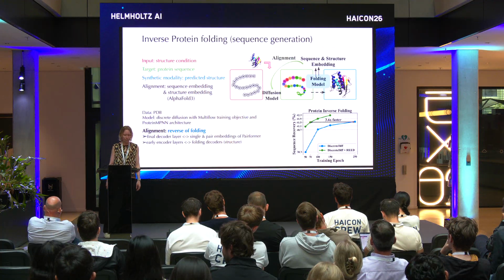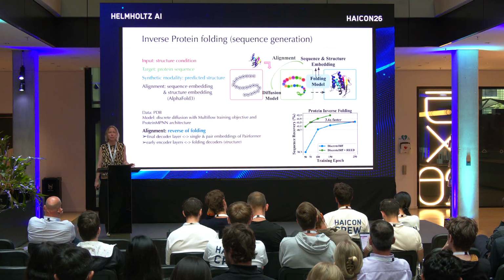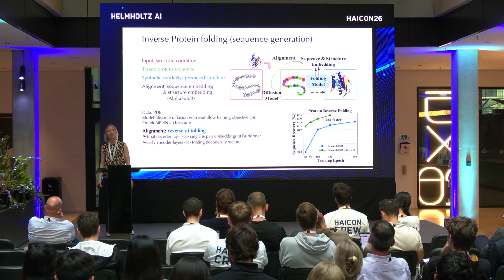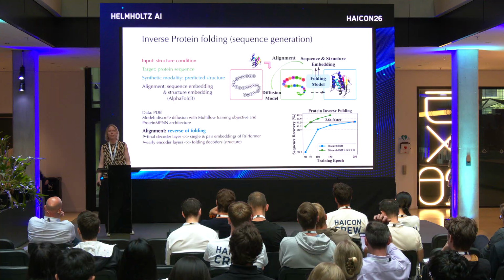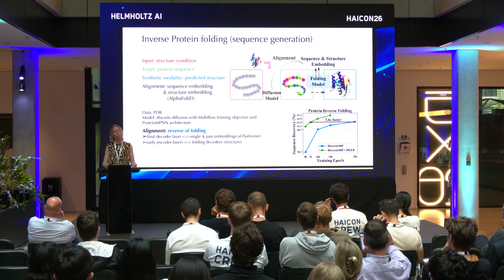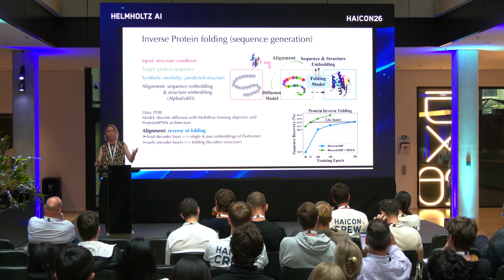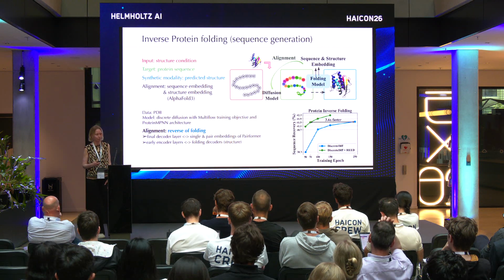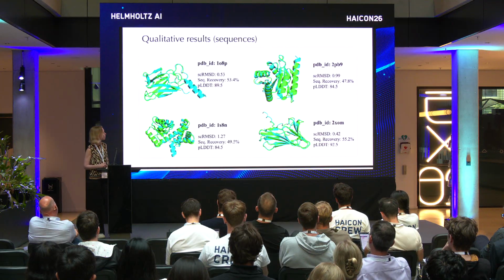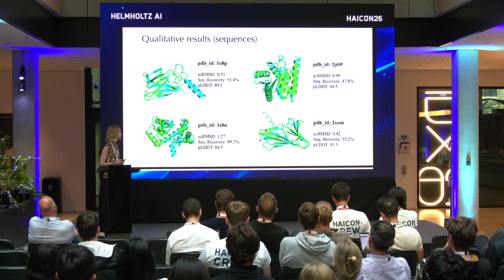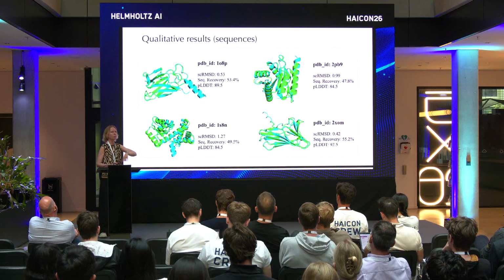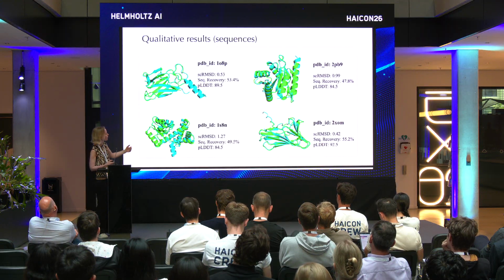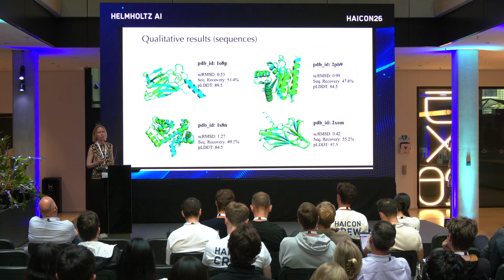So in this case, another interesting thing is the alignment. When you look at AlphaFold, it goes from the sequence to the structure, and what we are doing is sort of the reverse, so the alignment is also in the reverse direction. You first align the structure, and then you align the sequence. And that actually helps the model train. Here are some example results of the proteins: you generate the sequence, and then you refold it, and you align them with the ground truth, and you see it's actually pretty close to the ground truth.